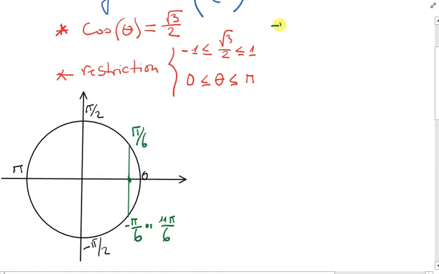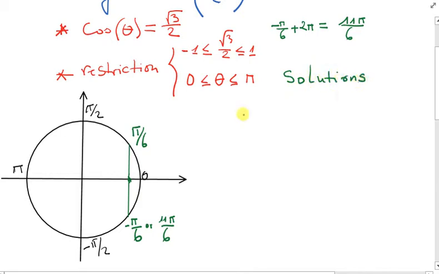You take minus pi divided by 6 plus 2 pi, because you're going to make a complete round around the circle until here to 0 here, so it's going to be plus 2 pi, and by adding both you will come to the result 11 pi divided by 6. So now that we have the two values, we can now say that the solution to our first question that we have here will be,